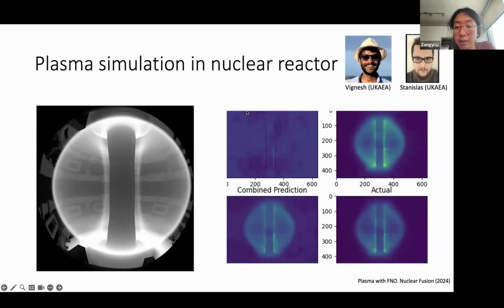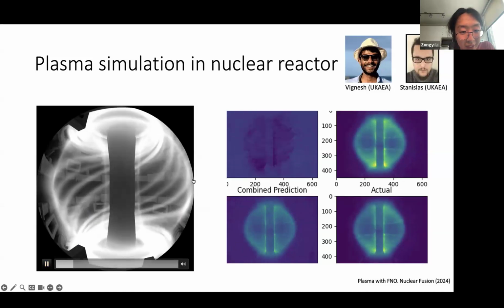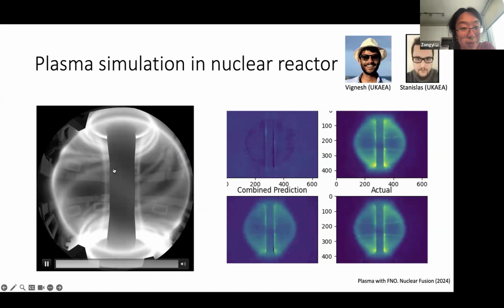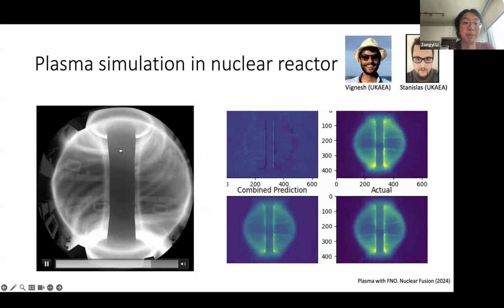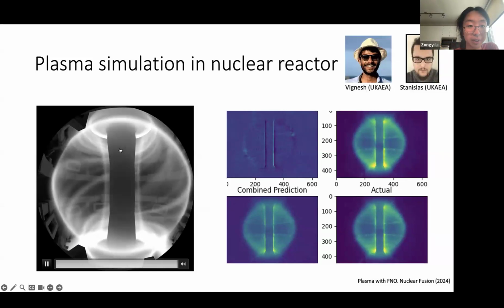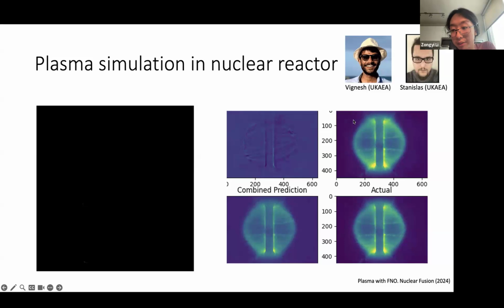For the fusion, we're collaborating with the UK Atomic Energy Authority group. Thanks to NVIDIA, we have cool visualizations. So this is a tokamak machine that has plasma in the magnetic field inside. And we can use the Fourier neural operators to approximate the plasma fields.